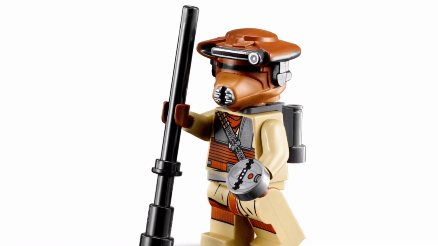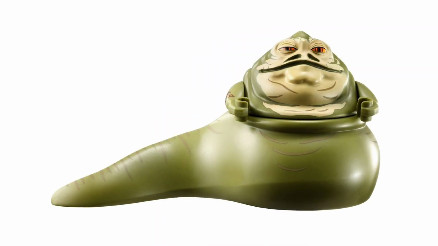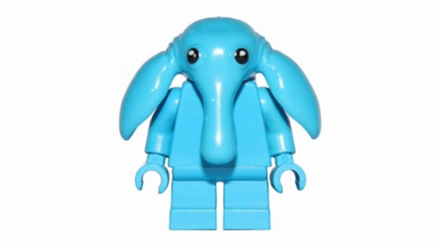Or they could do original trilogy, and then Book of Boba Fett minifigures. They could do a little split in there, like they did with the UCS Millennium Falcon. I think that would be so awesome, right? We get some characters like Boushh, Princess Leia in disguise, Boba Fett maybe, Jabba finally making a return, Jabba, Max Rebo. Like, that would just be an insane set, and the build would be crazy good, and it would be